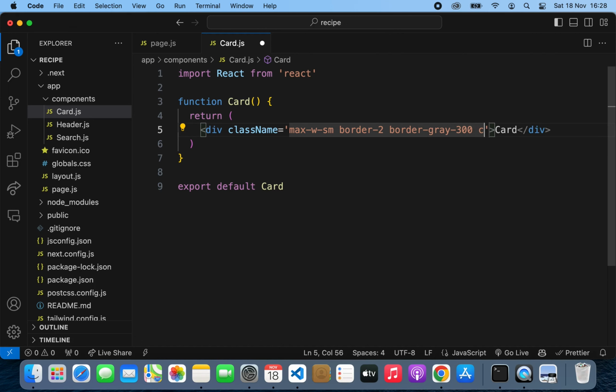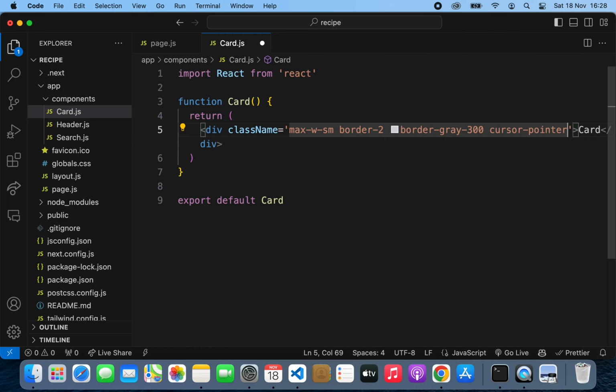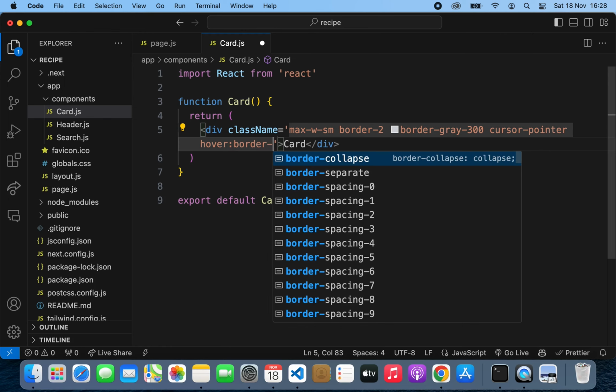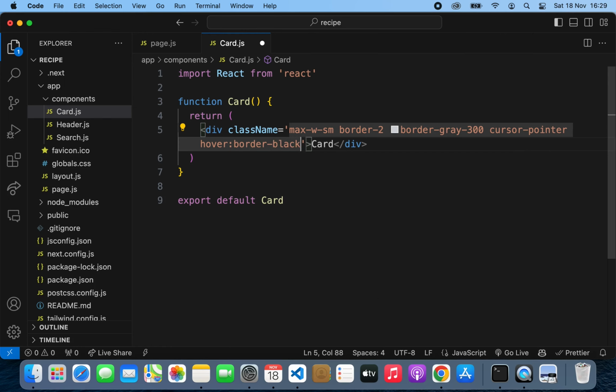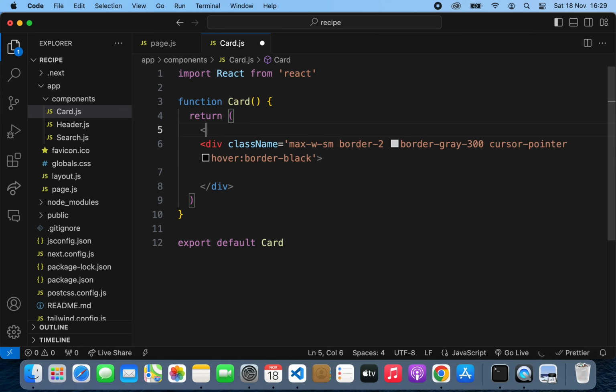So it's just a light subtle color. It needs to have a cursor. So when you hover over the card, it's going to have a cursor, and when you hover over it, we need the border to become black, so that we know, hey, we're hovering over this. Okay, perfect. So surrounding this, it needs to have a link, and then